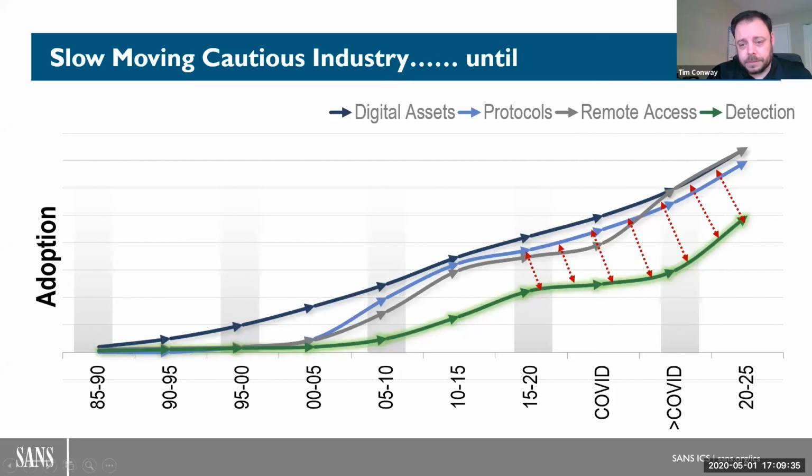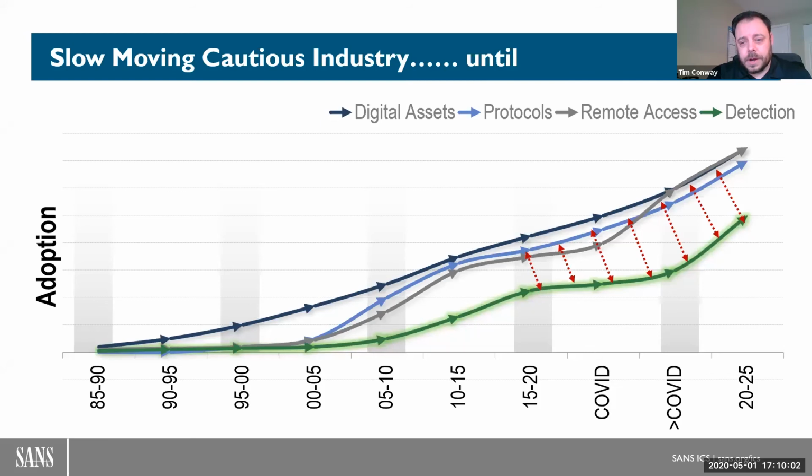The piece that is of growing concern to me is all these arrows here. In the COVID timeframe, a tremendous amount of critical infrastructure started adding remote access capabilities at a much more alarming rate than what would have normally been planned, deployed, tested, validated, ensuring where people are remote connecting from and ensuring those assets meet certain criteria and they're in a managed way.